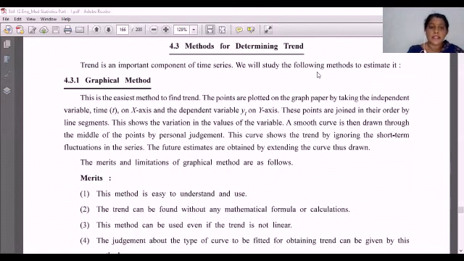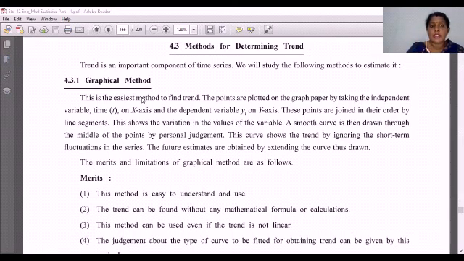Okay. So now let's start with our topic, that is method of determining trend, our fourth chapter. This is the last chapter of our part 1, right? Now I will explain what the graphical method is. I will repeat once again: this is the easiest method. See, in short, the graphical method presents your data and the trend in a trend line. We are estimating the values, and we are showing the differences in the given time period on the graph. That is called the graphical method.